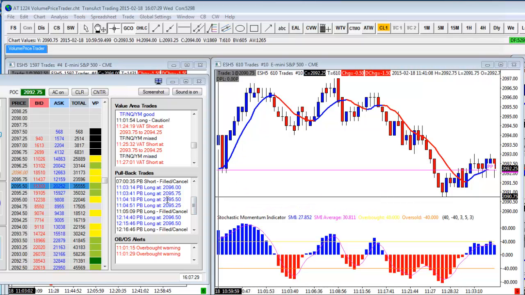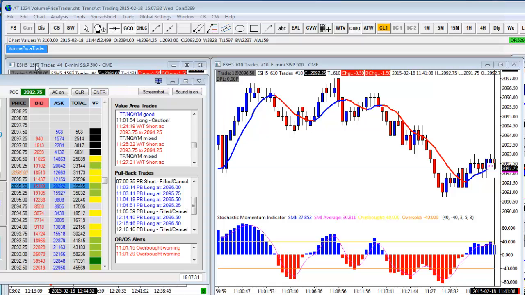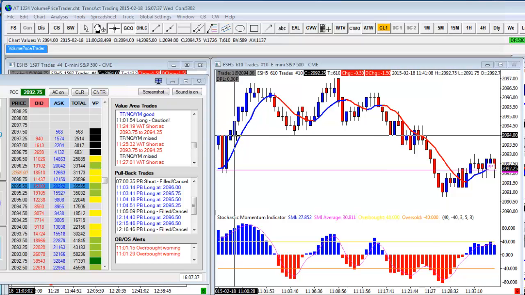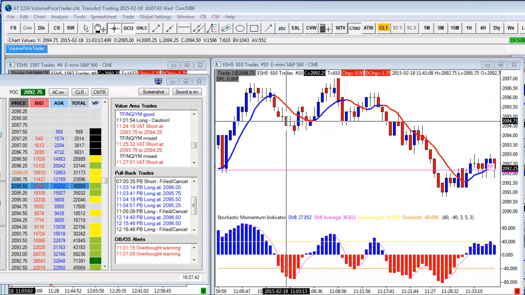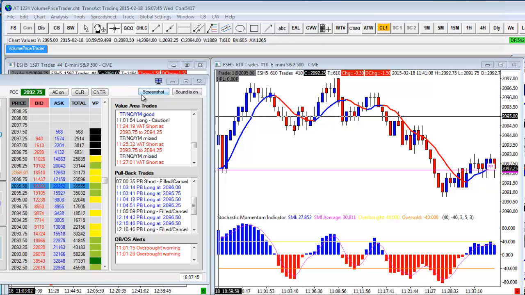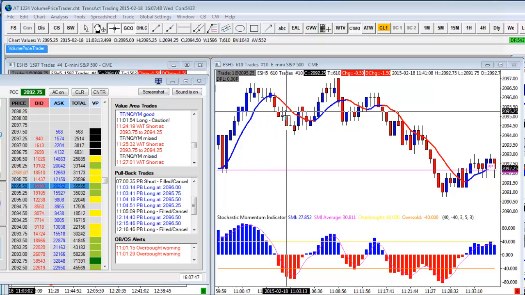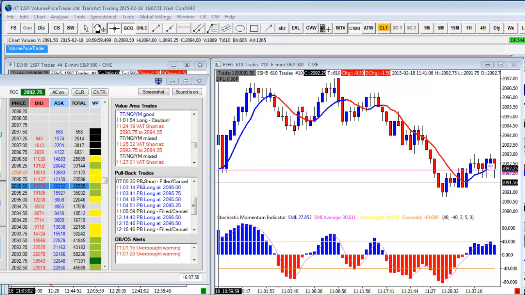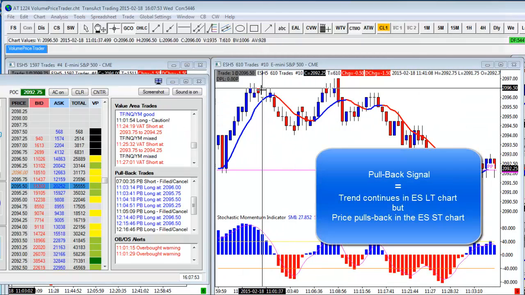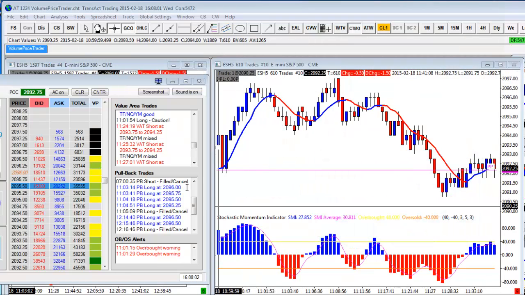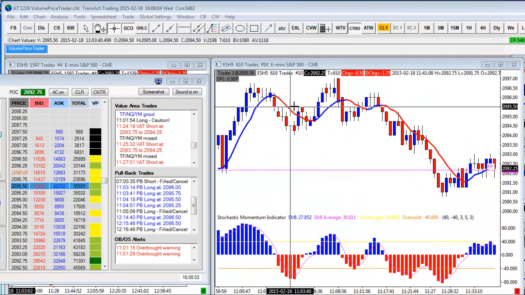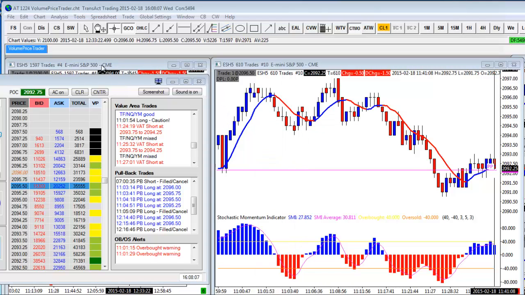They will occur when your long-term chart, which I have covered here at the moment to show you the module, is in, let's say, an uptrend, and so is your short-term chart. But the price turns down in your short-term chart while it continues in the longer-term chart. If that is sensed by the module, you'll get this signal called a pullback trade. In other words, the price is pulling back, but in the longer-term chart it's still continuing long in this case. So it will give you signals to potentially enter long as long as the conditions in the long-term chart